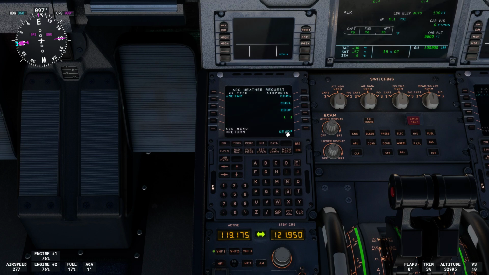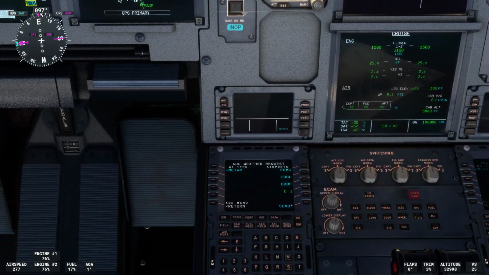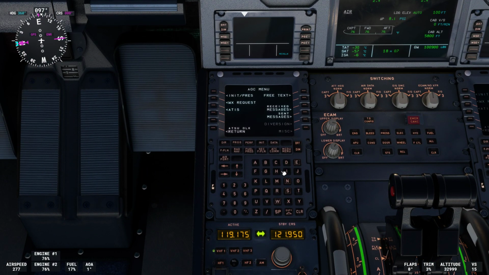So if you hang on for a moment and just click on the bit of paper and look over here, it's a bit burnt out by the camera settings. So if we go there, you can see that written on there. So EDDL, we've got a QNH of 1019. So if we go and look, remember in the